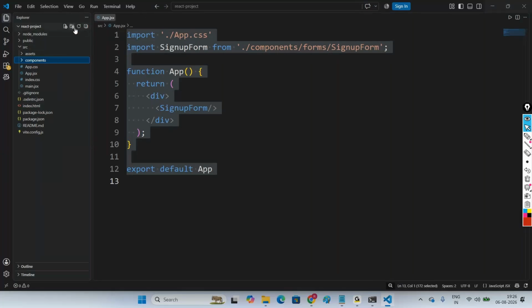Under the components folder, create a new folder, routing. In this routing folder, create a new file,